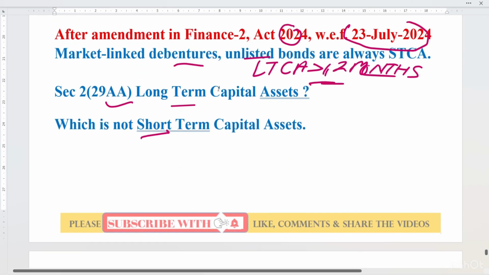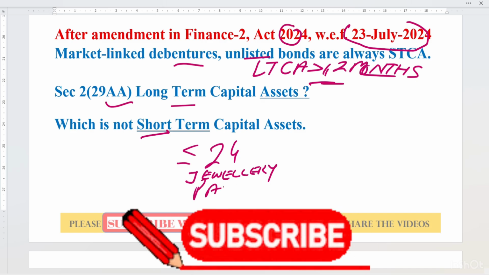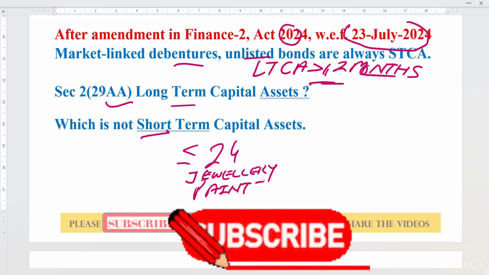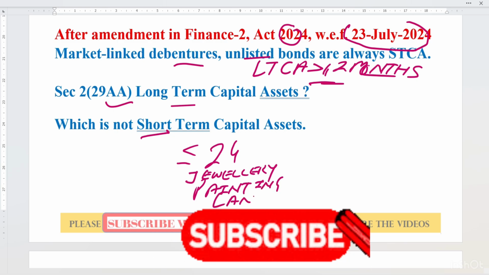तो अब मैं आपको एक इसके अलावा फॉर एग्जांपल बता दूं कि जो 24 मंथ की कैटेगरी में कवर होने वाली एसेट्स हैं, जिनका पीरियड ऑफ होल्डिंग इक्वल टू और लेस देन 24 मंथ है, वो ज्वेलरी है, पेंटिंग हो सकती है, लैंड एंड बिल्डिंग है,